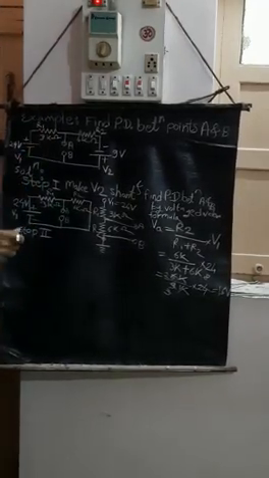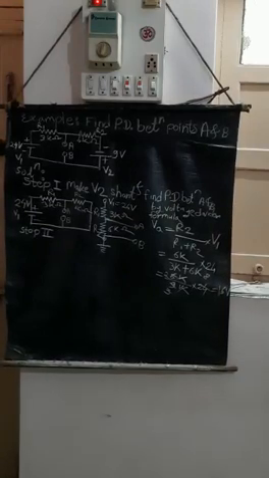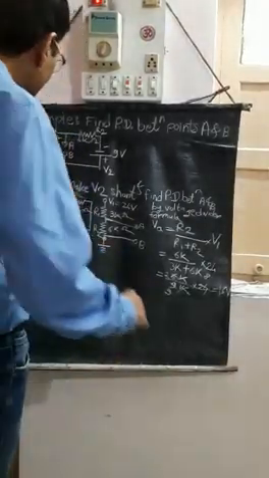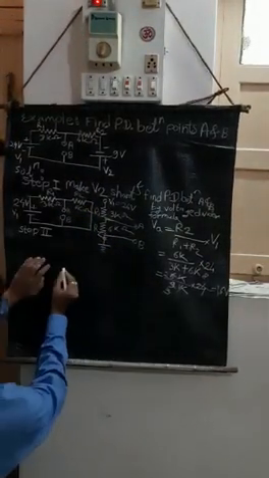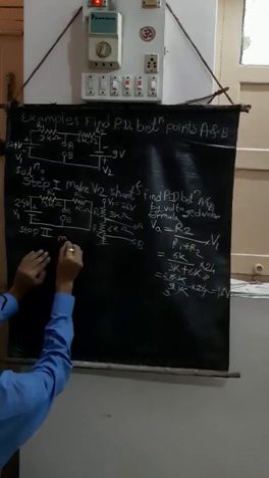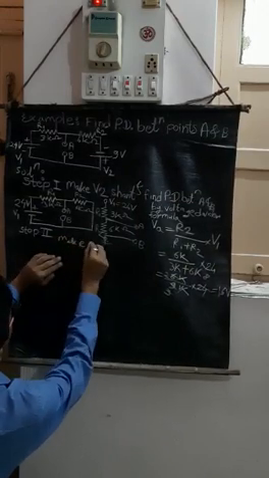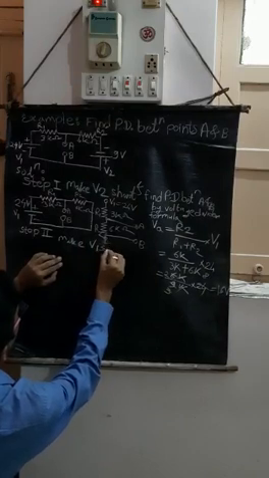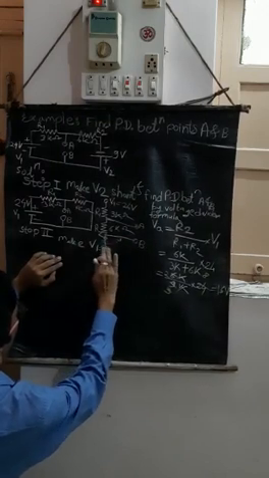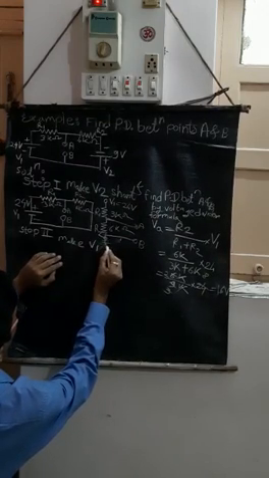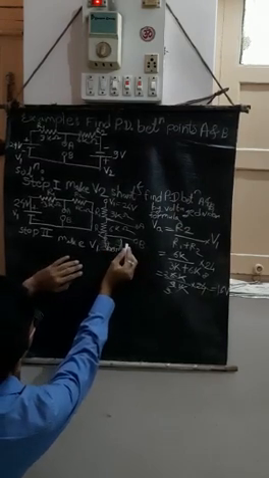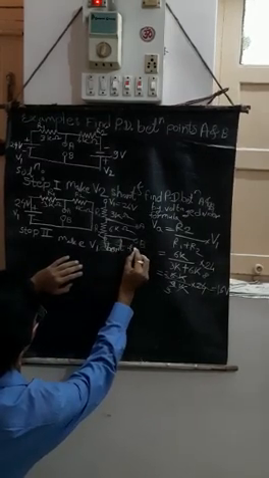In the second step, make V1 short, and find the voltage between